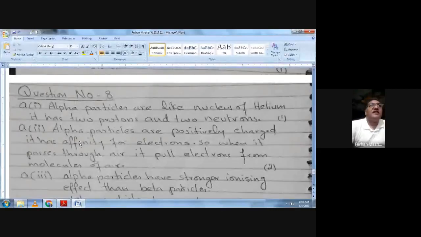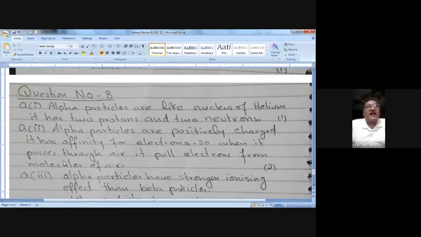I have written this answer. Alpha particles are positively charged. It has affinity for electrons. So when it passes through air,